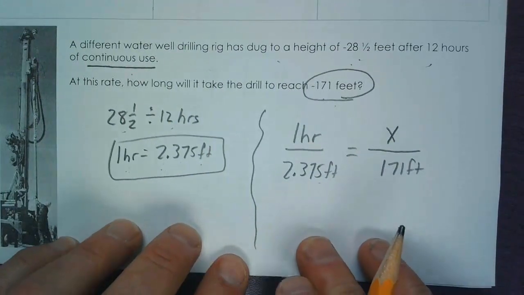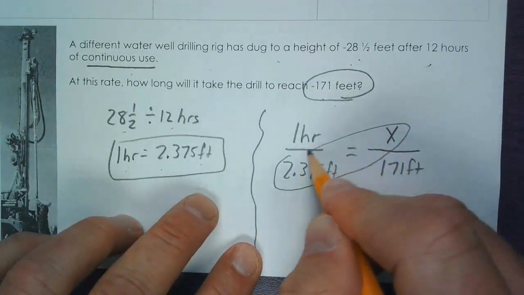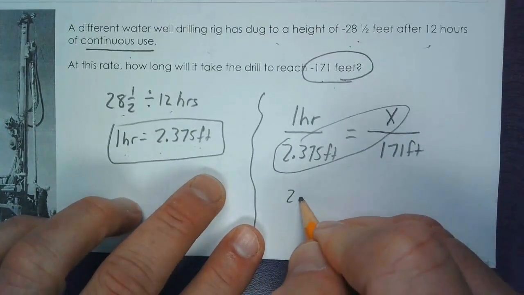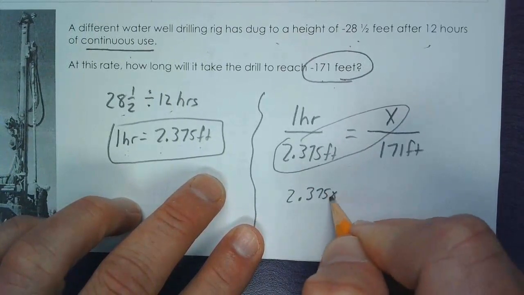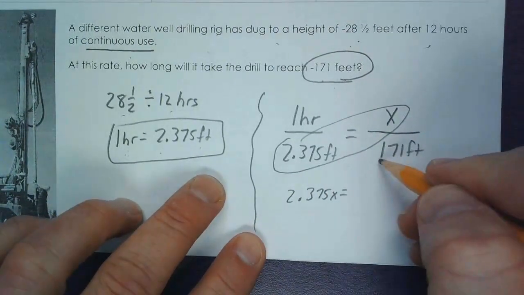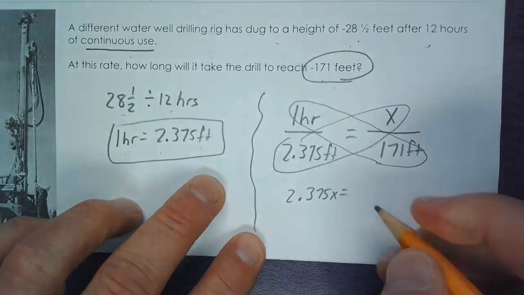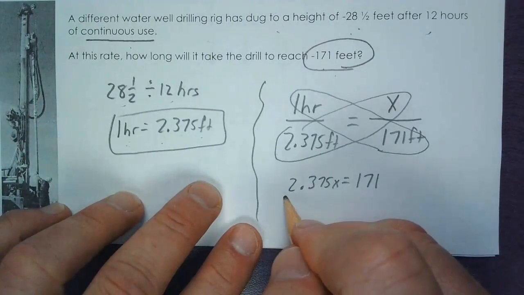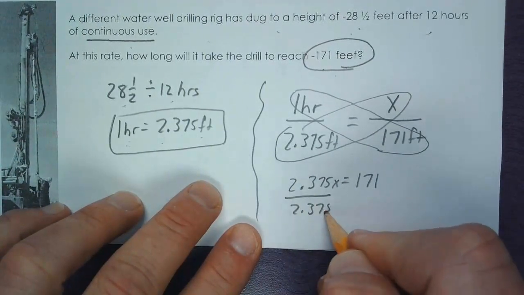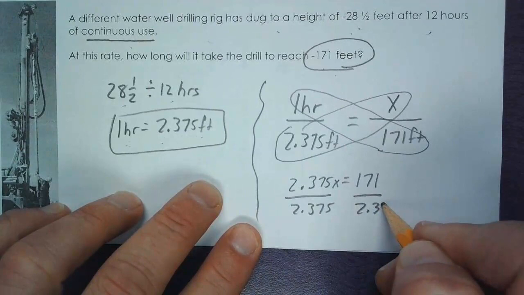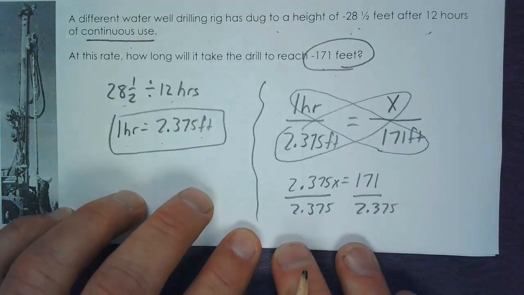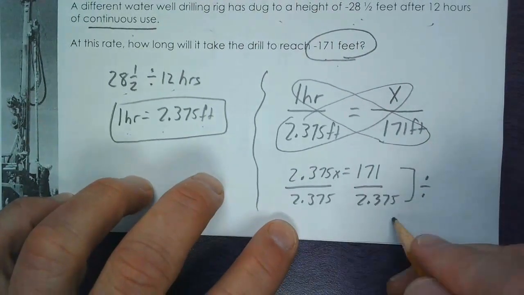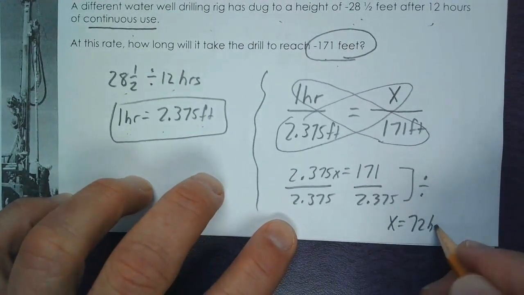Now, we've done these proportions before. We're going to cross multiply. And we don't know what x is. So here's how I'm going to set it up. This is getting into your equations. And I'm going to cross multiply here. Now, we've got to solve for x. So we're going to divide on both sides. If I divide this part right here, that is going to give me x equals 72